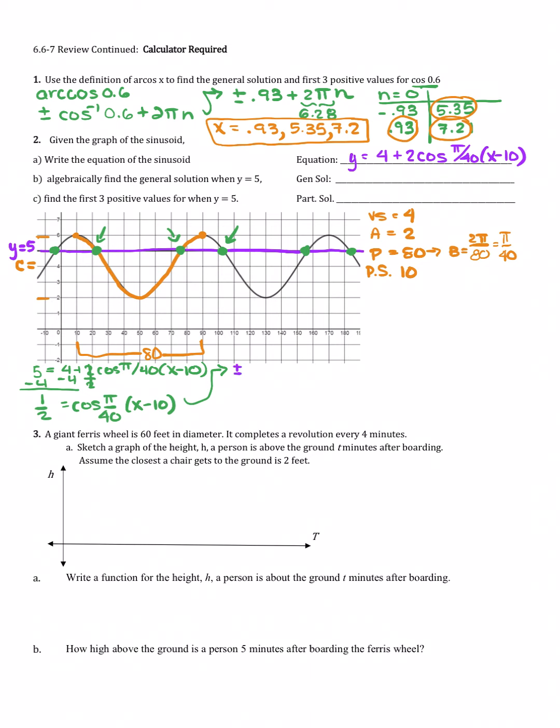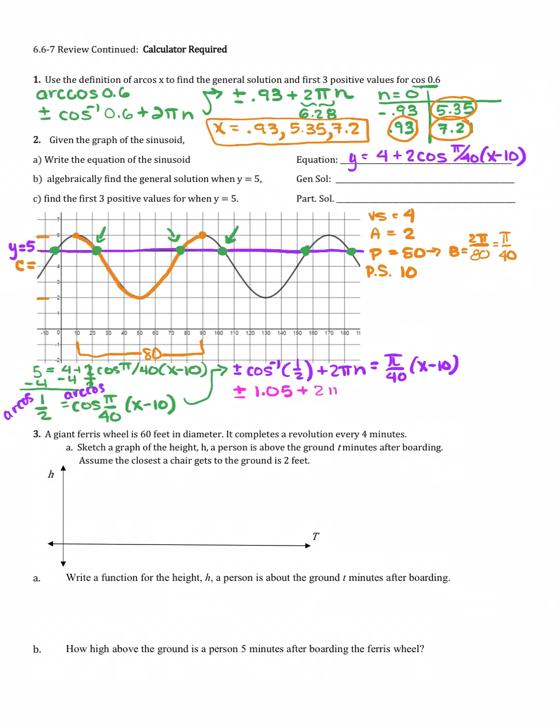So we have plus or minus the inverse cosine of 1/2 plus 2 pi n equals pi over 40 x minus 10. So what I kind of skipped was I took the arc cosine of both sides and then used the definition. Now we have to evaluate the inverse cosine of 1/2. At this point you have a calculator, so even though that is an exact value, you're totally fine. So 1.05